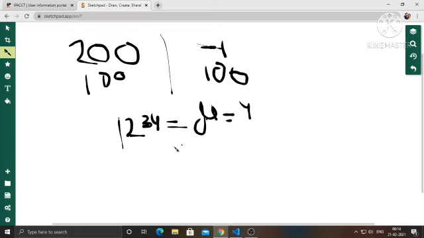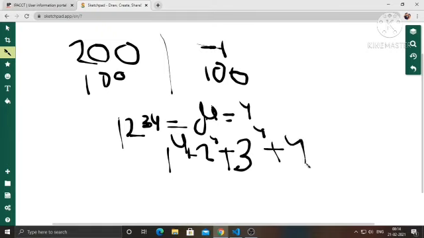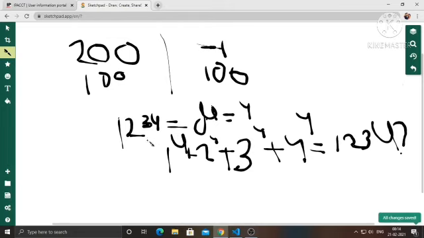So we have to do 1 to the power 4 plus 2 to the power 4 plus 3 to the power 4 plus 4 to the power 4, and then check whether it comes to 1234 or not.